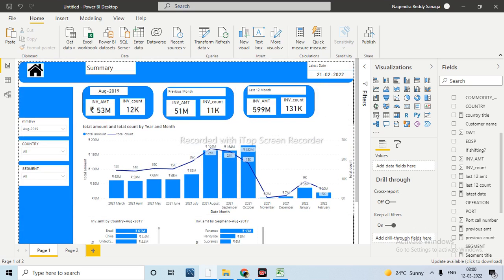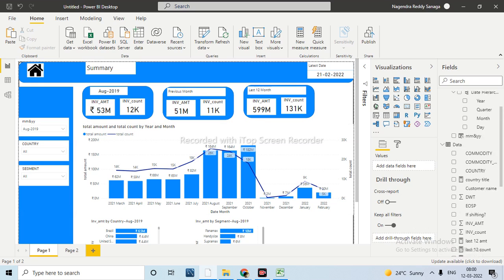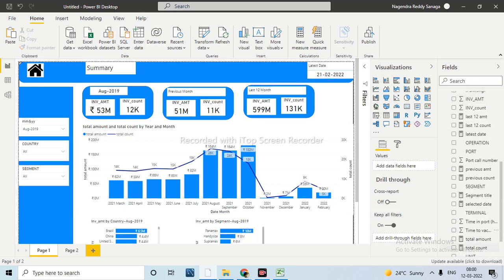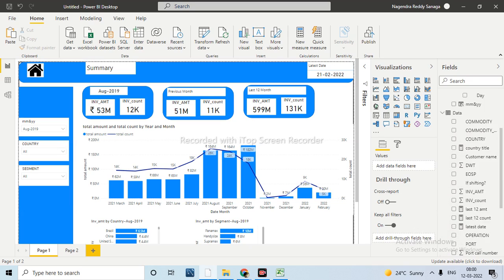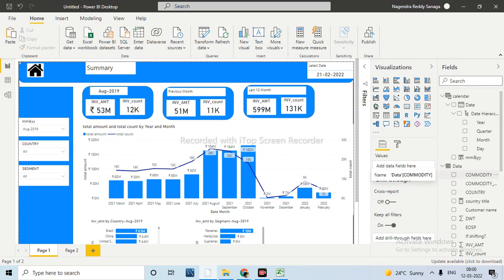Yeah, again, there is a doubt about how we can use measure and column, how we will get to know whether we should go for the measure or the column, because this is the big task, I think. Every time you have used a measure here. Yes, everything I have here. I have not created any column except the lookup value for this one. We have taken the vessel name from something other. Apart from that, everything is measures only.